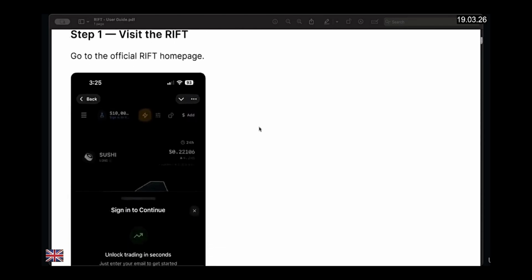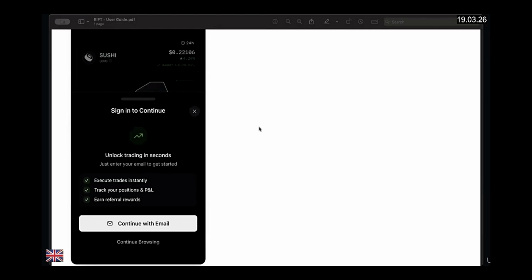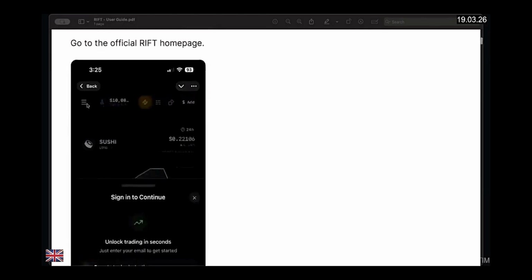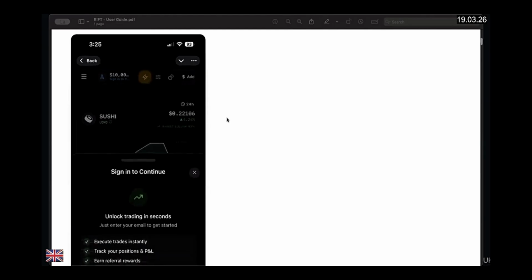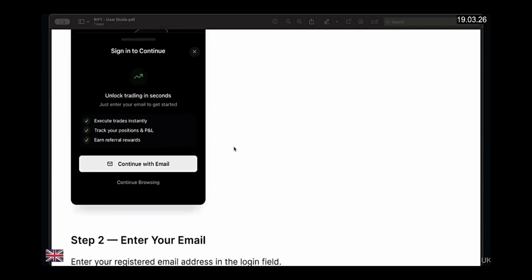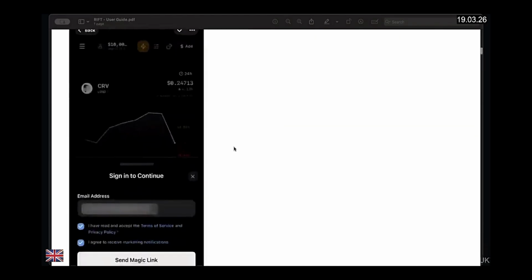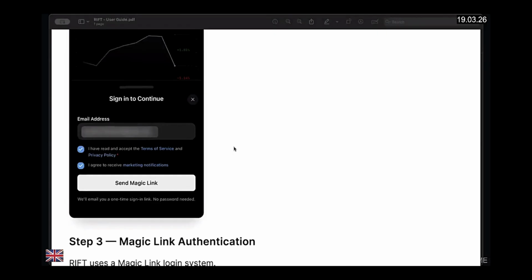So first of all, you visit the Rift TMA on Telegram, and once you go on the landing page, there is a sign-in option that comes with the three bars here, and also the $10,000 limit. If you click on sign in to trade, that way you can sign in to the account. Once you click on sign in, there is an email option. You have to continue with the email, and the moment you enter your email, you check the terms of service, you agree to the marketing notifications, you force the app to send you a magic link on your email, and